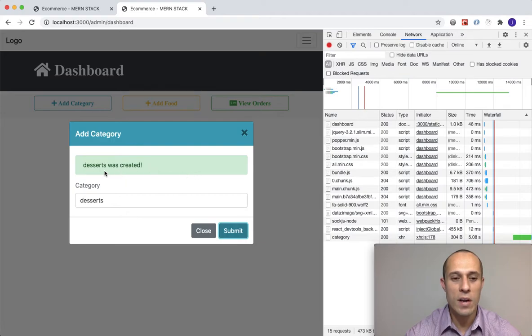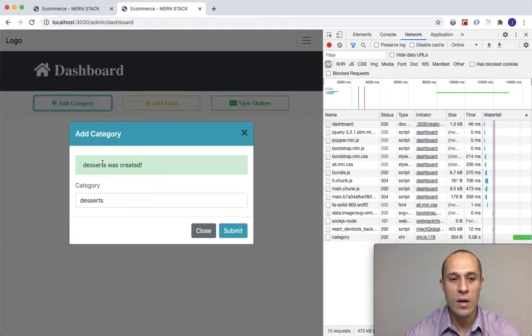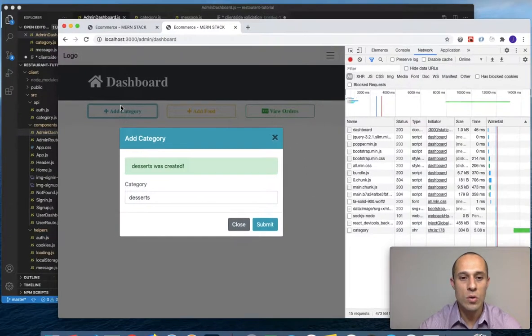All right. There's one more problem here I want to fix though. Look, you see we have the success message here. If I close this window here and then say I want to create another category, so I click here, it's still there. So what I want is for this to disappear if the user clicks on the X, or if they click on this close button, or even if they click outside of this modal window here. Okay, so to make that happen,